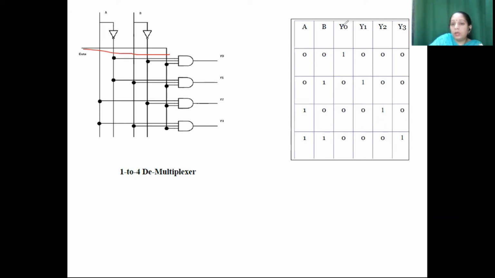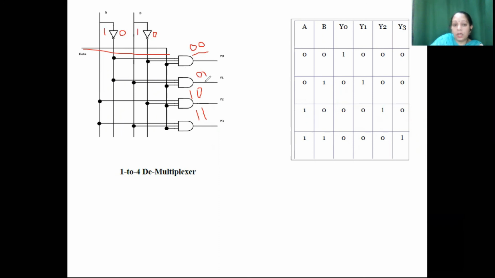Now move on to the truth table. First, I have an input that is 0, 0. Next is 0, 1. Next is 1, 0. And the last is 1, 1. This is my selection line, that is A and B. From this, you can take an inverter showing the value of 0 and the other will be 1. This is also my 0 and this is my 1. Here both of the inputs are 0, 0. You can join from this 0 to Y0 and from this 0 to Y0.